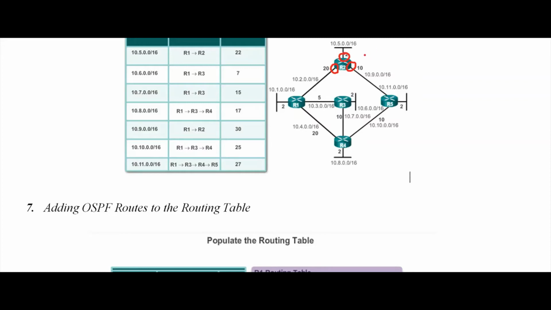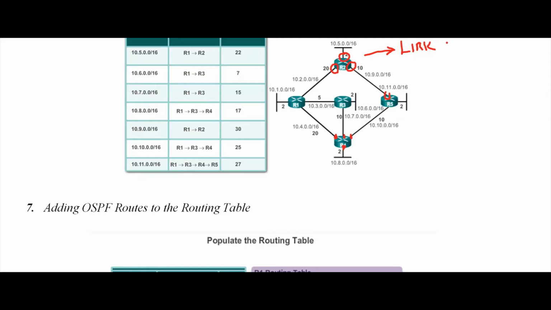It is going to learn first about the interfaces, the links. What are the different interfaces or links available here? This is the first step. Every router learns about its own links. This router is going to learn about all 3 links, and this router is going to learn about 4 links, since 4 links are connected here. About those 4 enabled links, it is going to learn. This is step number 1.